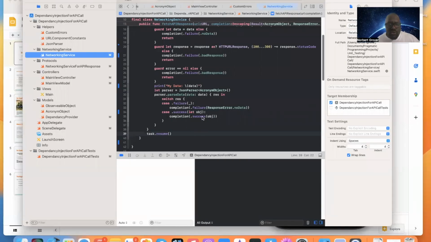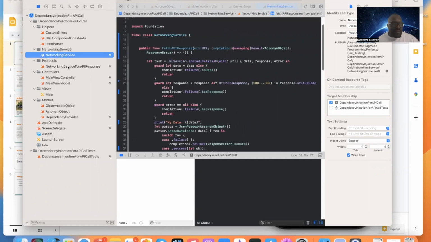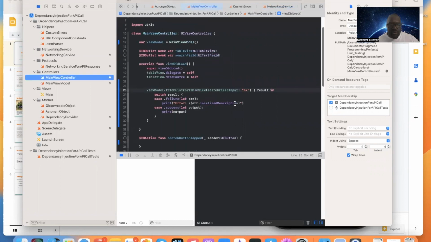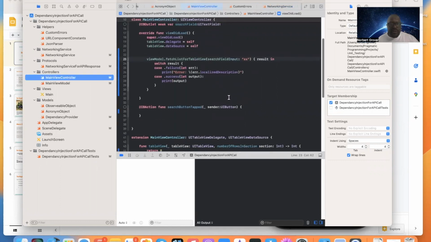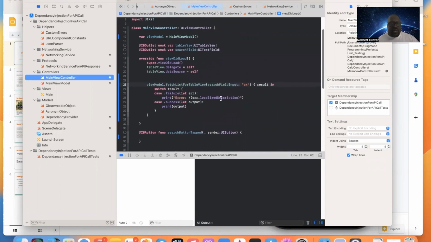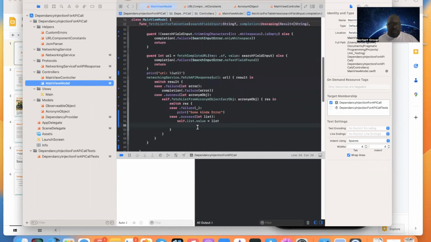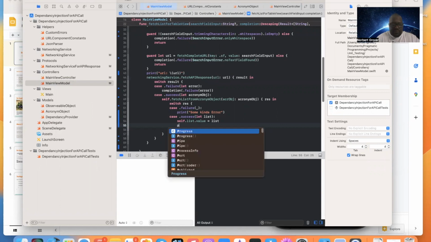What I need to do was literally print the list. So I think here in the view controller, so here's what I need to do. I'm going to go to the view model right here, and I'm literally not printing it. So let's see. And what I'm going to do is I'm going to print,